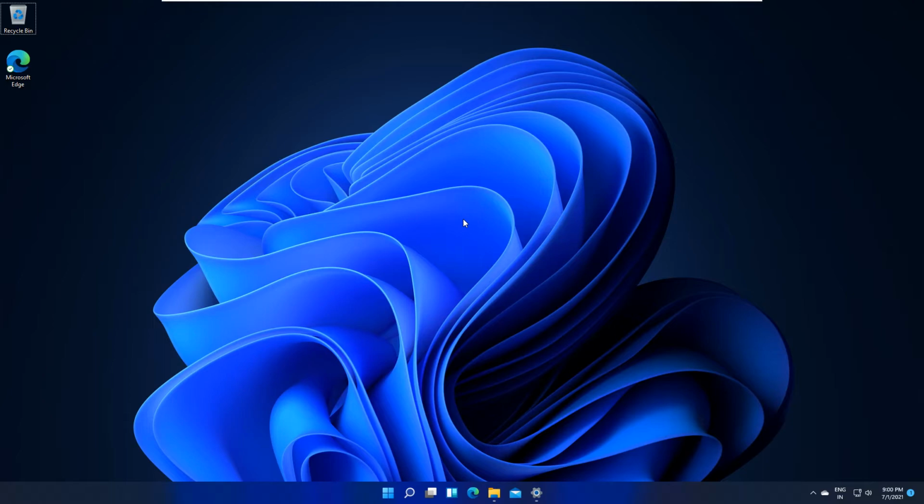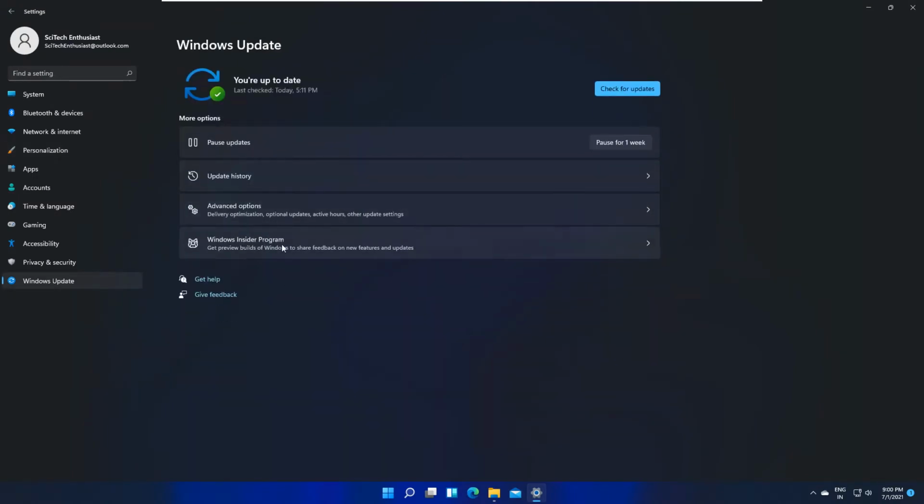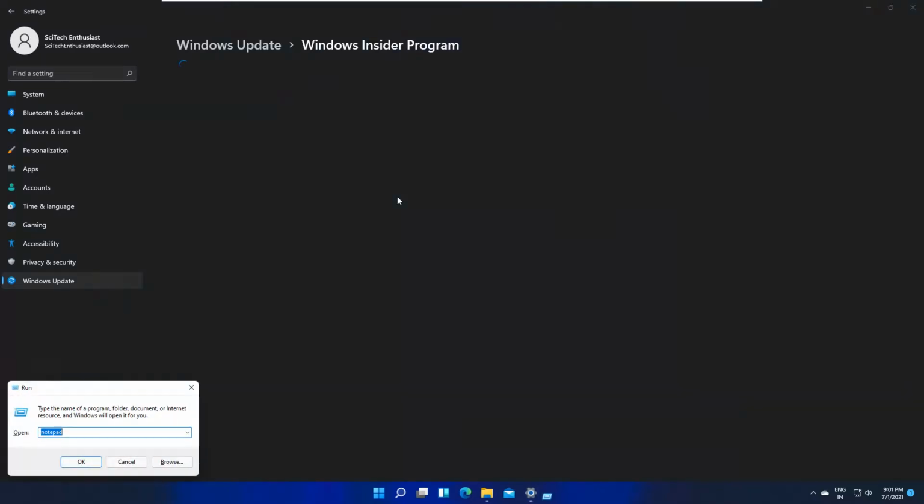So yes, the build is out, and in order to get the build you have to be a Windows Insider. If I just go over here to Windows Updates, as you can see there is the Windows Insider program, and I have already registered for the dev channel. There are multiple channels on which Windows pushes the updates, and currently Windows 11 is available on the dev channel with exactly this version, this build